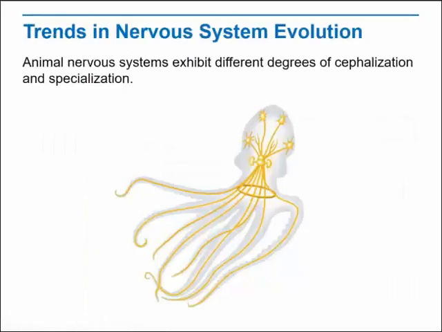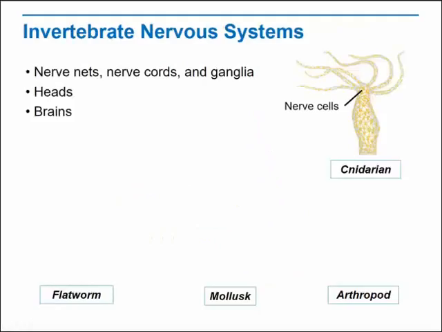Nervous systems vary greatly in organization and complexity across the animal kingdom. Animal nervous systems exhibit different degrees of cephalization and specialization. Invertebrate nervous systems range from simple collections of nerve cells to complex organizations. Vertebrates, in contrast, show a high degree of cephalization and have highly developed nervous systems. There are several different types of nervous systems among invertebrates. Cnidarians, such as jellyfish, have a simple nervous system called a nerve net. As the name implies, nerve nets consist of neurons connected into net-like arrangements with few